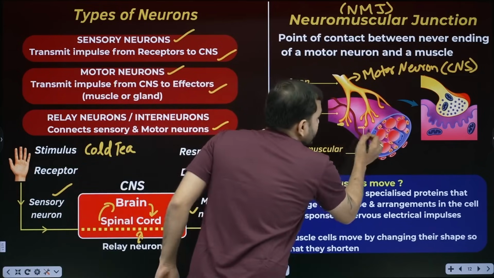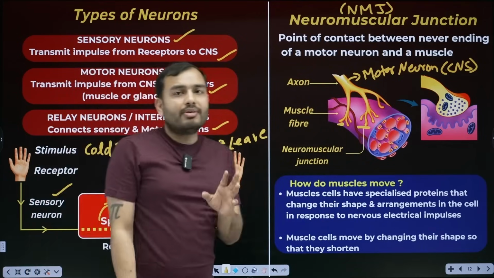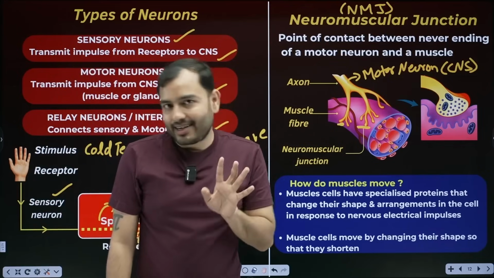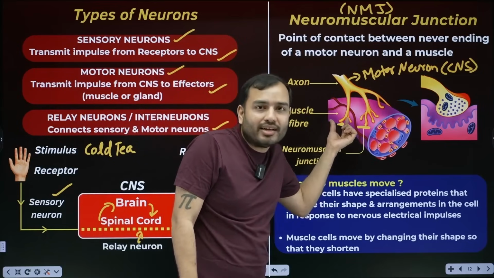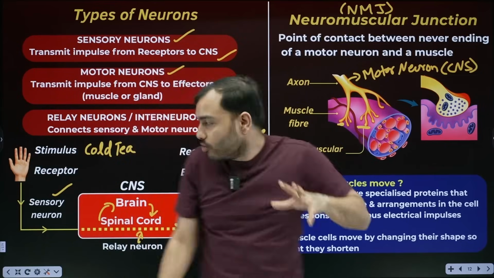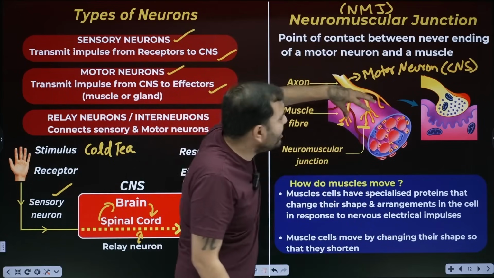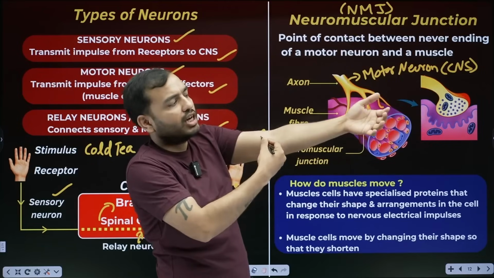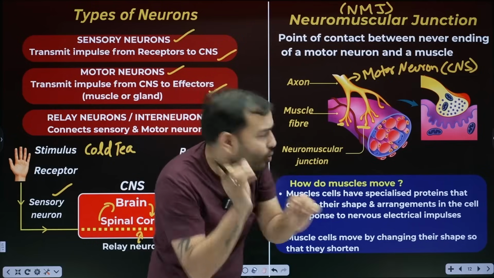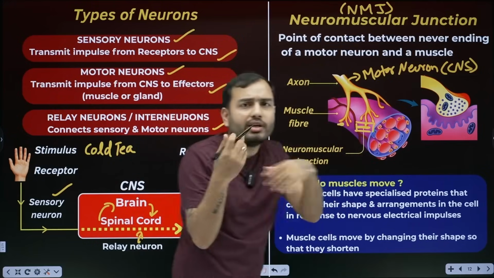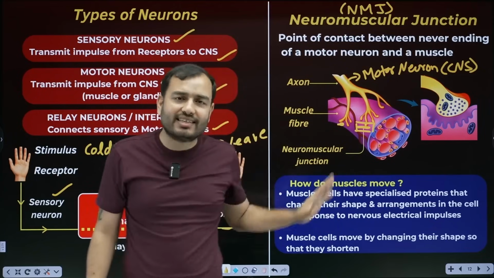This point of contact, what do we call it? NMJ, neuromuscular junction. To tell the correct thing, NCERT says that it's actually not a point of contact. It's just a touch. NCERT says there's also a synapse, a gap. The motor neurons are bringing the signal from the central nervous system, and at the last nerve ending of these neurons, when it touches the effector muscle, there's a small gap here too. And the small synapse story is here too. But in simple language you can write that this is the point of contact. You can even write it just touches.